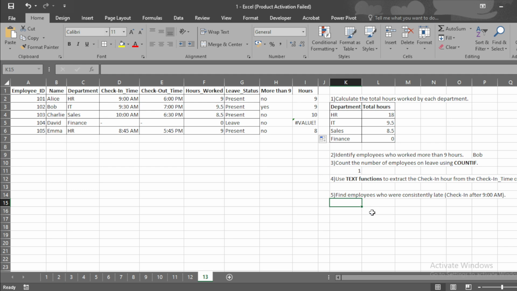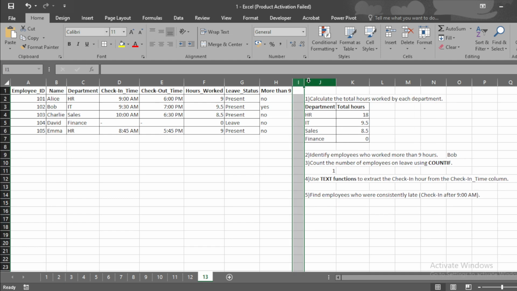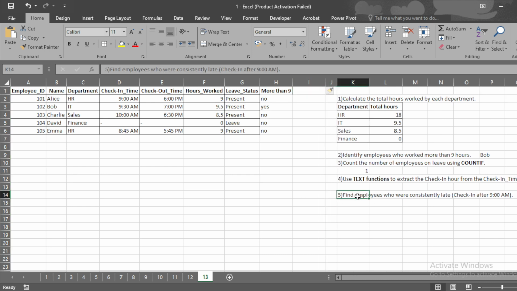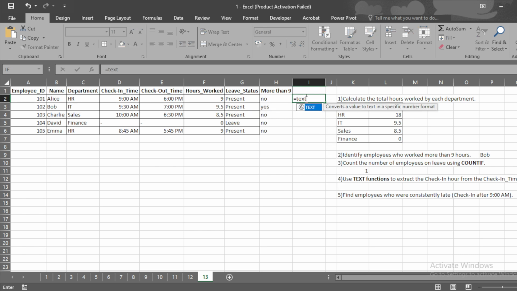So how can we get this? We remove this column and add a new column, where we want to find who is late after 9 hours. Here we have to use multiple functions in one formula. First, we need the same TEXT function for formatting the value.